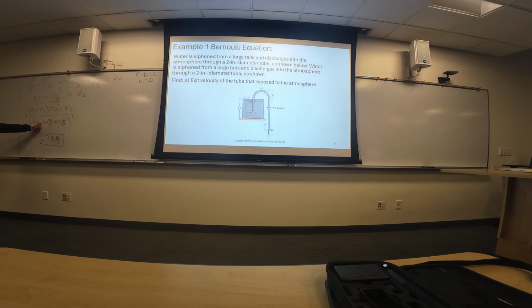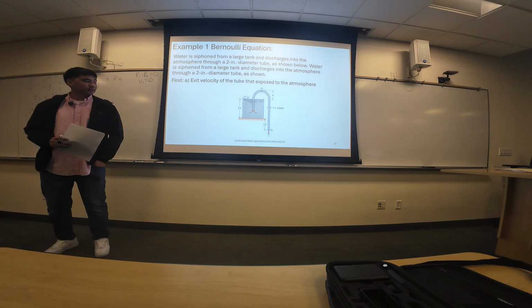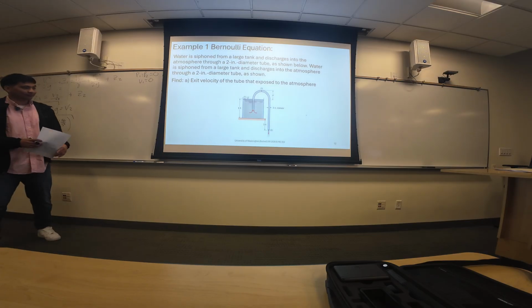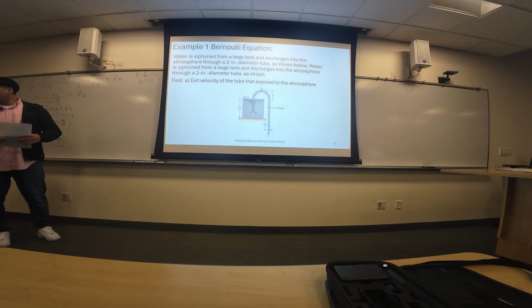Your datum, I'm pretty sure, is at the bottom of the tank. Correct, yeah. If we're setting 0 at the bottom of the tank, then it would be negative 3 feet, right? Which is what I think you did. Right, so if we set the bottom at point 2, then it would still be 12, because point 1 would be 12 feet, and point 2 would be 0. Okay, perfect point. Thank you. Was that Ben? What was your name again? Ryan? Thank you, Ryan.